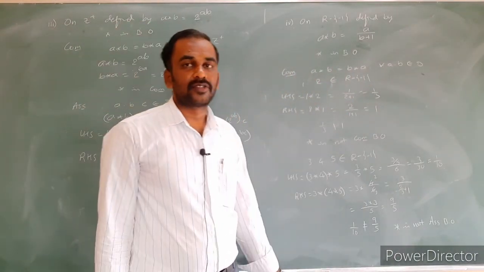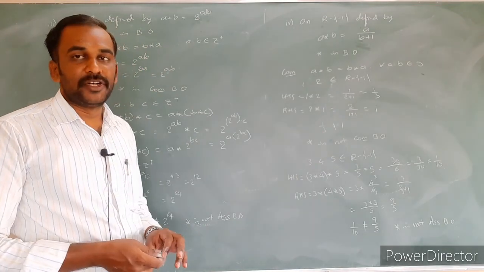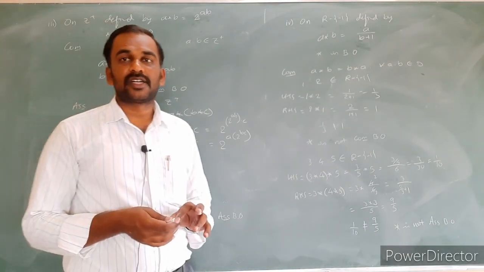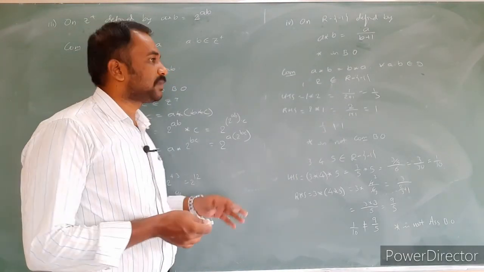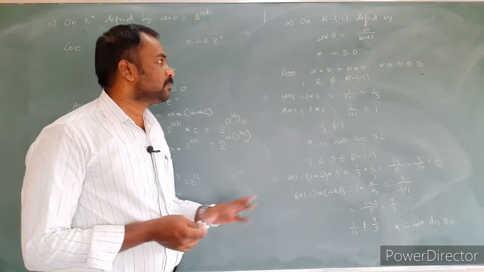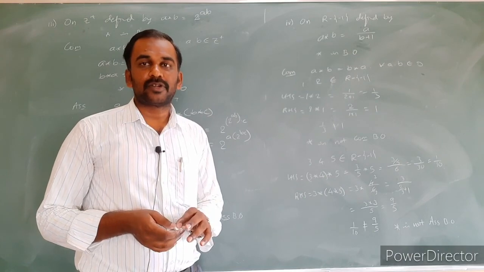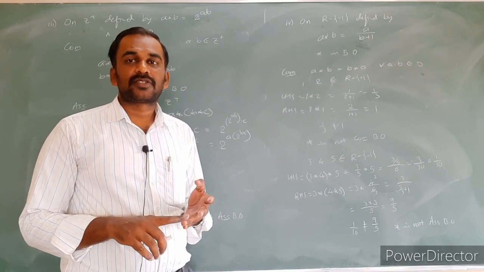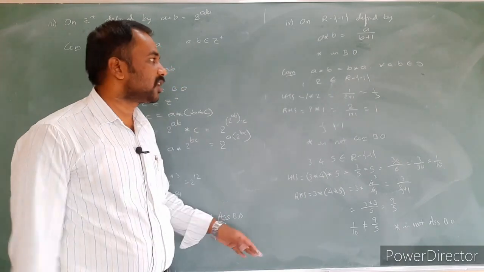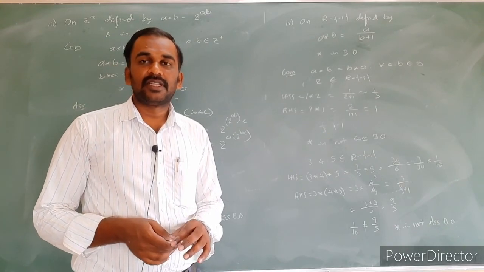This is how we have to check associative, commutative, and whether it is a binary operation or not. Just practice it, a very important part for binary operations. This last exercise in this chapter is very important for the 1 mark questions as well as 2 marks and 3 marks. Okay, I just stop here, we will continue in the next video.